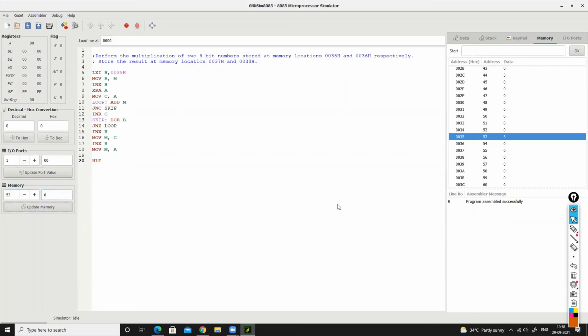And at address 0036, 54, we will store, let's say, 10. So what should be the result? At 0037, what will be the final value?